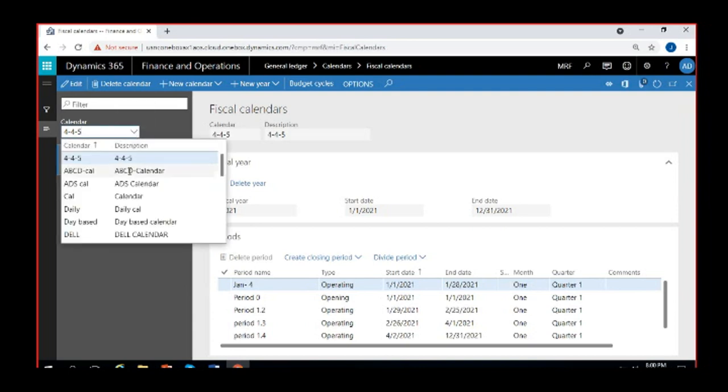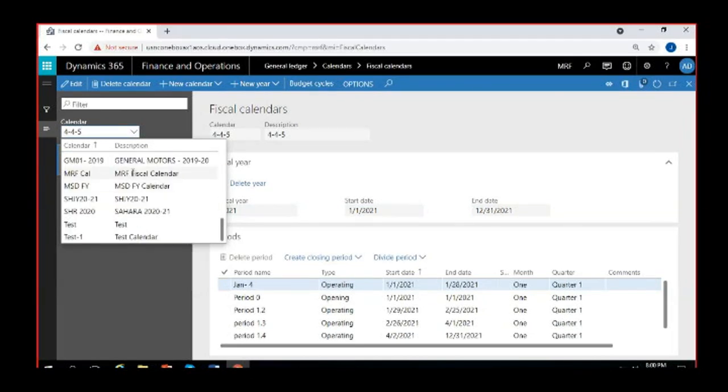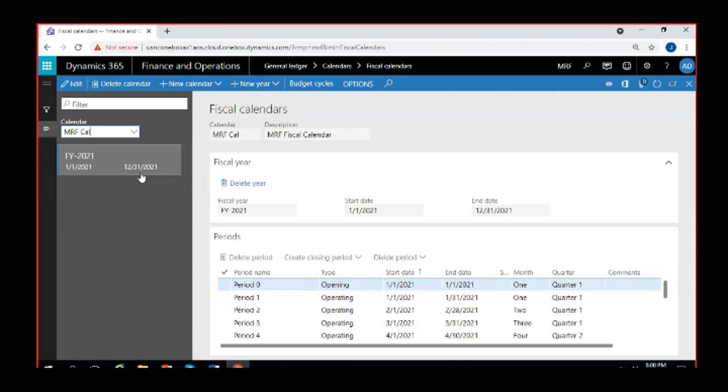So I'll drop down here. I can see the list of calendars. I'll select the calendar that we have created yesterday. So here I have it, MRF fiscal calendar, which we have created yesterday. So click on this MRF fiscal calendar. So I can see it. We have created one fiscal year within that calendar, which is for 2021, starting from 1st of January to 31st